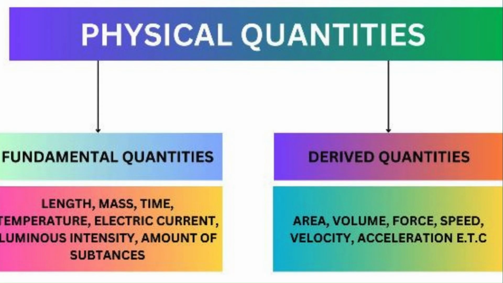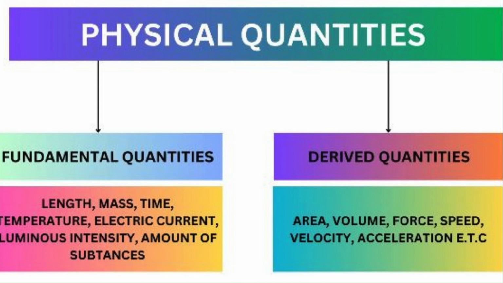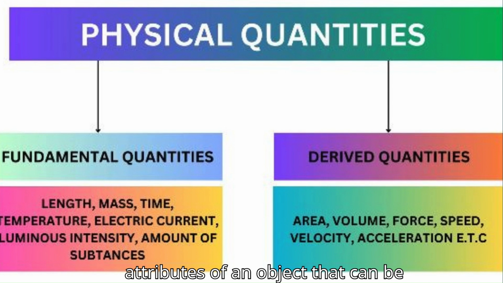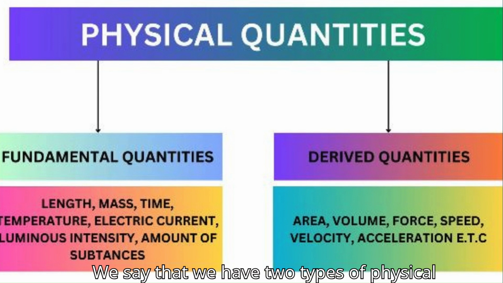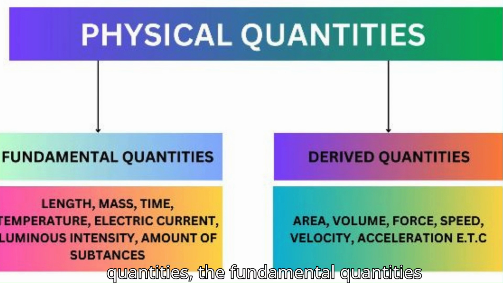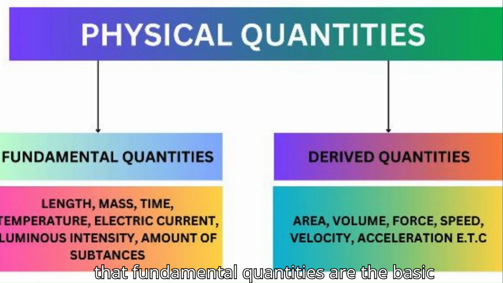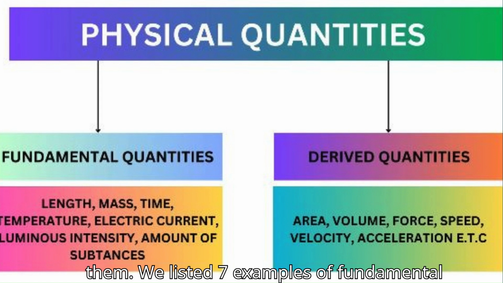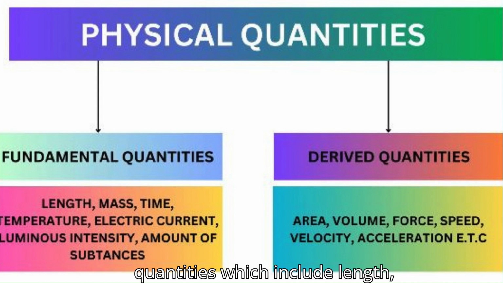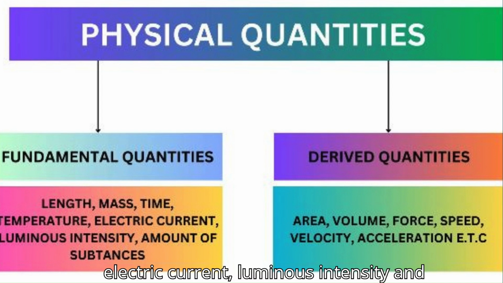In conclusion, we talked about physical quantities, and we say that physical quantities are attributes of an object that can be measured, quantified, and given a unit. We say that we have 2 types of physical quantities: the fundamental quantities and the derived quantities. And we noted that fundamental quantities are the basic quantities that are independent of other quantities and cannot be derived from them. We listed 7 examples of fundamental quantities, which include length, mass, time, temperature, electric current, luminous intensity, and